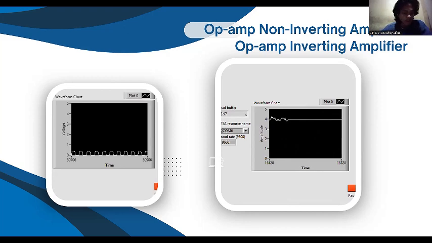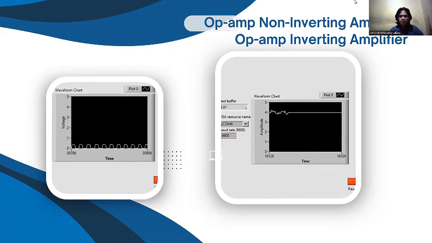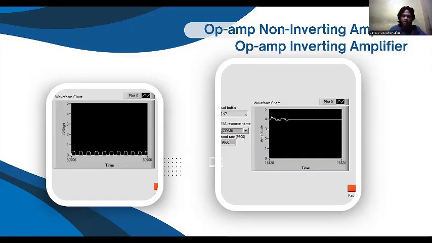So in future work, we will implement low-pass filtering after amplification, compare LM358 with other op-amps, analyze frequency response, and sensor-based applications. This project provides a solid foundation for analog signal conditioning in embedded systems and can be further developed for sensor-based and industrial measurement applications. Thanks for your attention. Good evening.